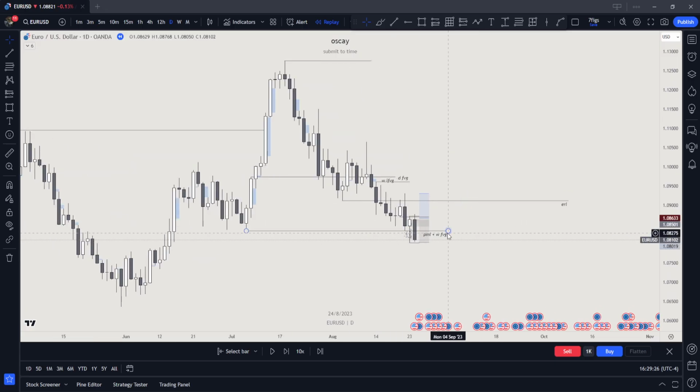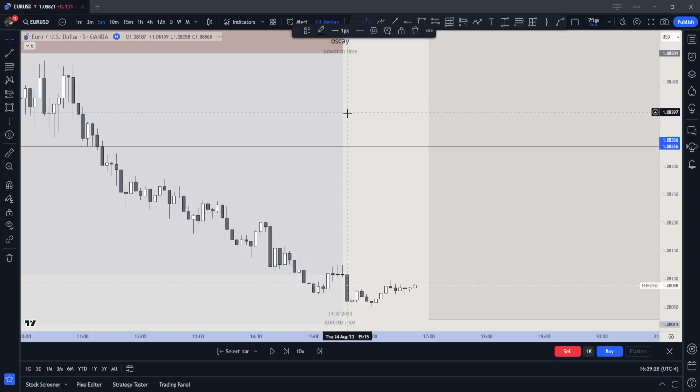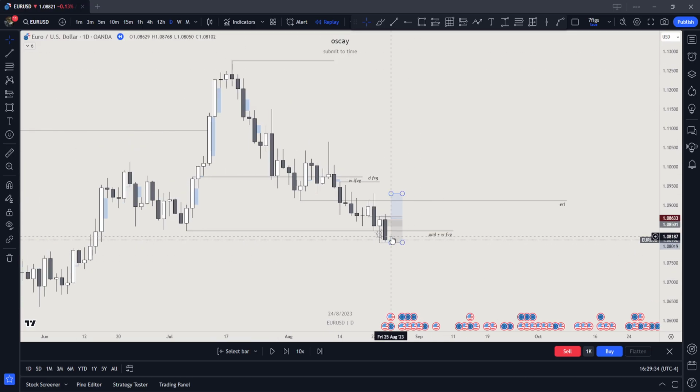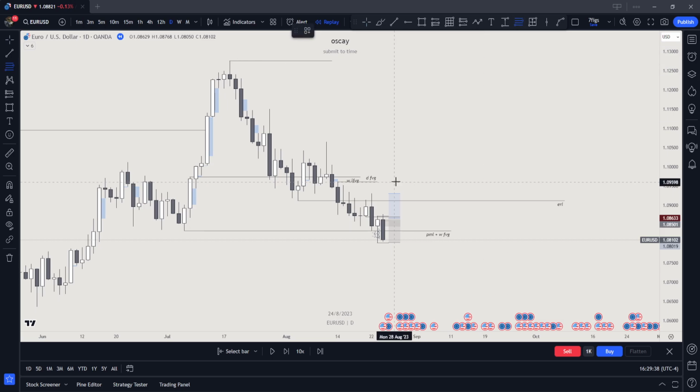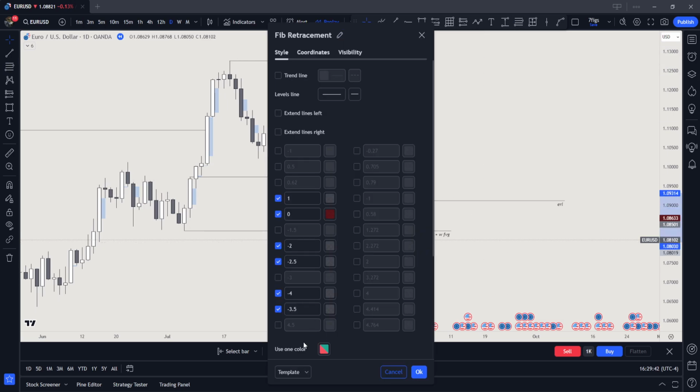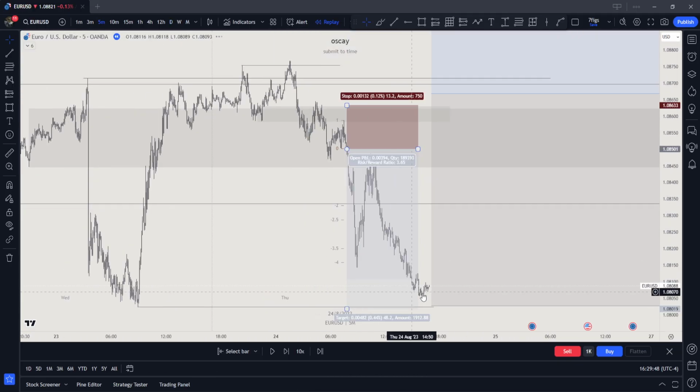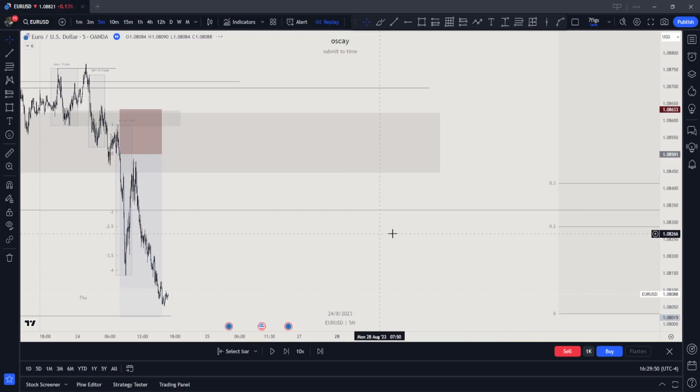We have just reached previous month's low. What am I expecting? A TGIF, because we have reached a high time frame objective. This looks like a clear market maker sell model. So I'm expecting a rate of this. And then the weekly candle is going to come back into the range 20 to 30%. I'm going to put this like this. TGIF. Okay, perfect. I'm going to remove this for now.